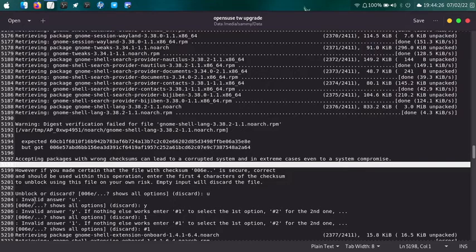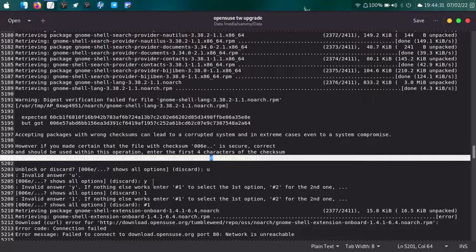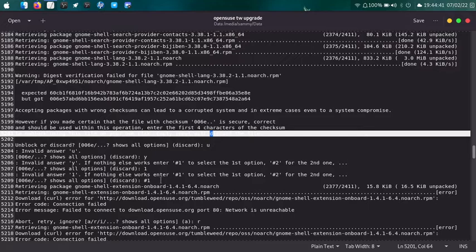So what I did is, I have chosen the first option, and the system is going ahead with the installation